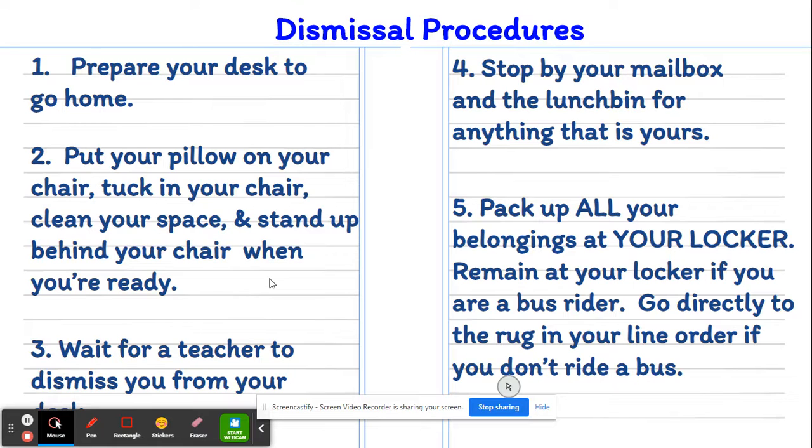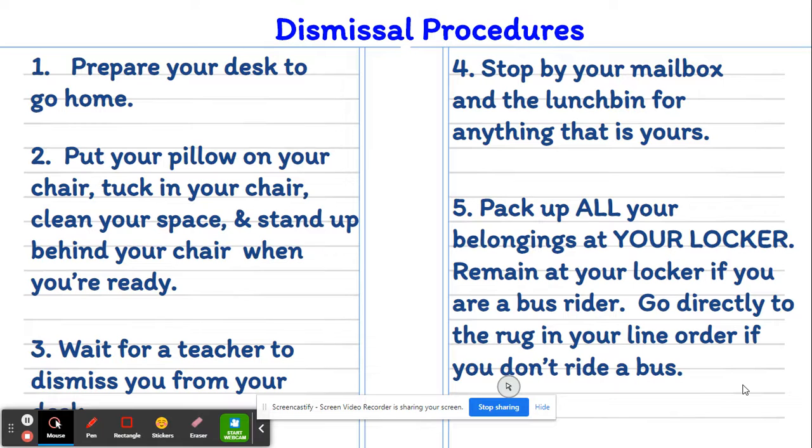I usually stop maybe at 3:08. And the kids know these are their procedures at the end of the day. They follow these procedures very well. And then usually after we dismiss kids to their lockers, Mrs. Sweetman will stay in the room and kind of watch the kids who are still straggling in the room or who are coming back to line up on the rug. And I will usually supervise the kids outside by their lockers.